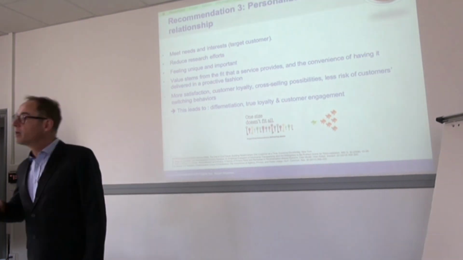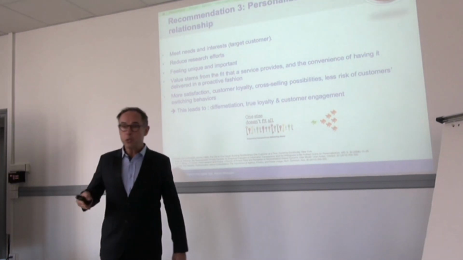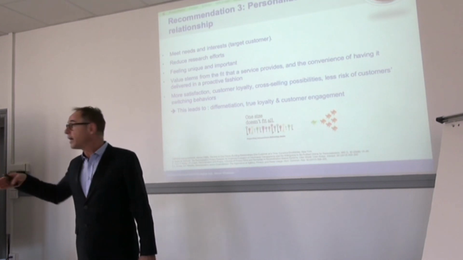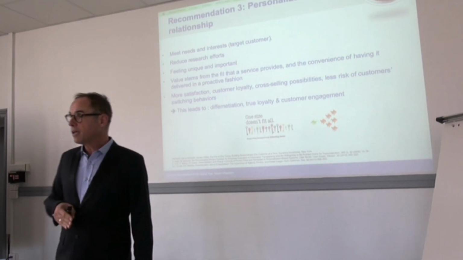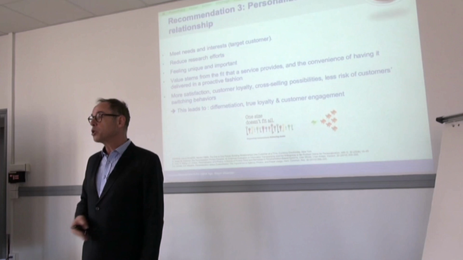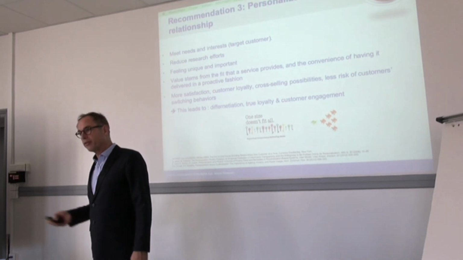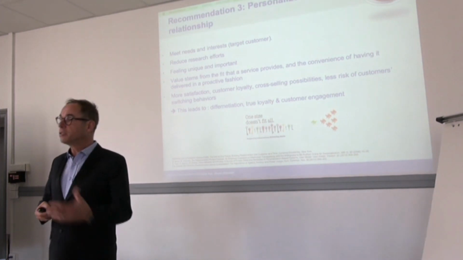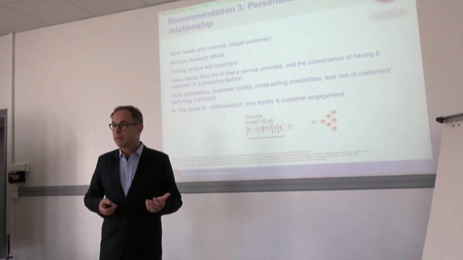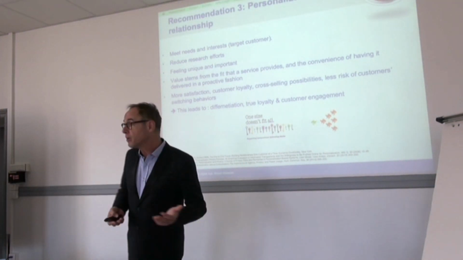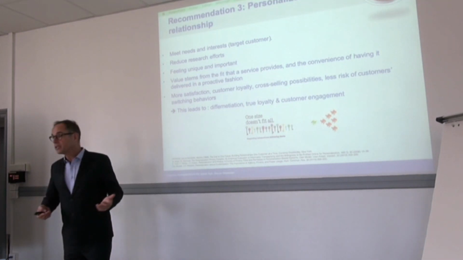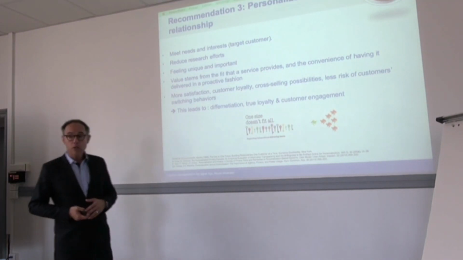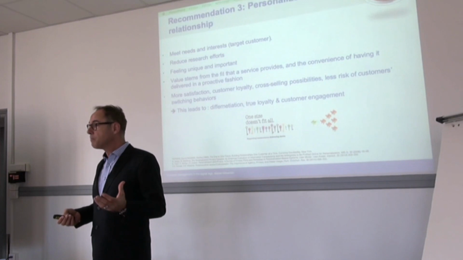For example, if you're hungry, it would be good to have recommendations for lunch at the right moment, at the right area. Here in the center area, we would get a recommendation based on our health, based on our geographical location, based on our preference, behaviors, and what we like on social media. So it reduces research effort. It's convenient because we get offers in a proactive manner. We have more satisfaction, more customer loyalty, the relationship marketing paradigm.